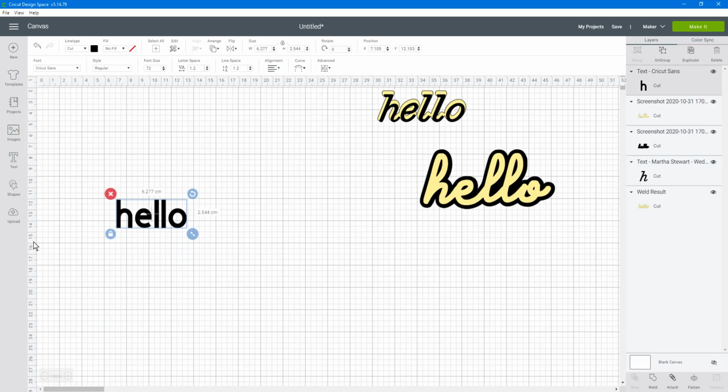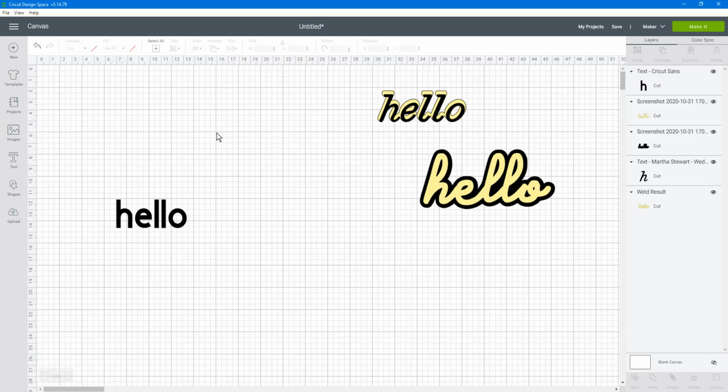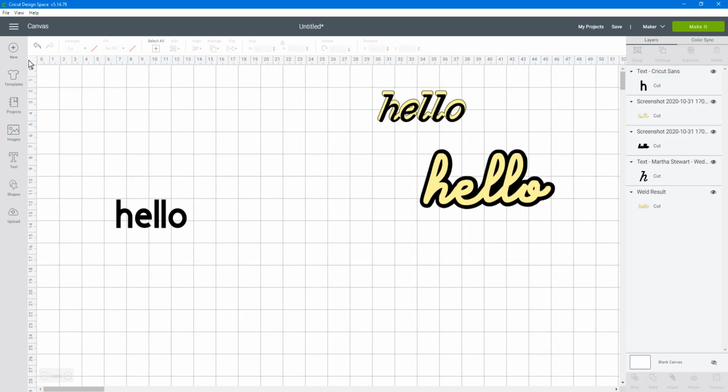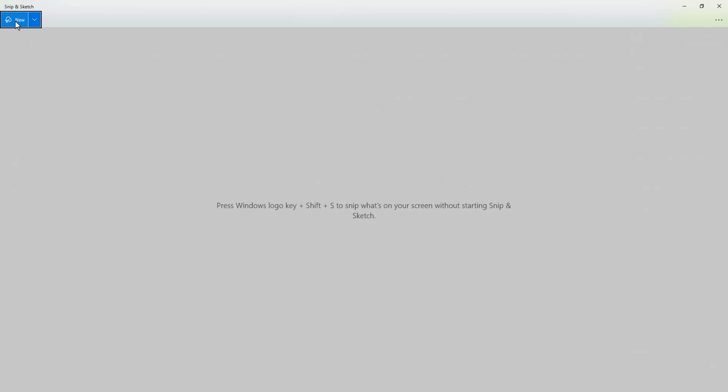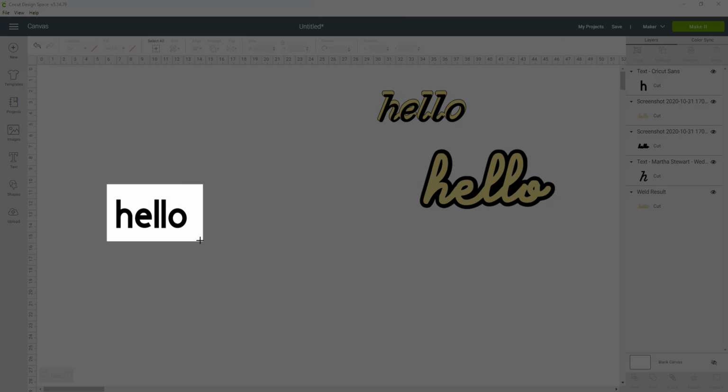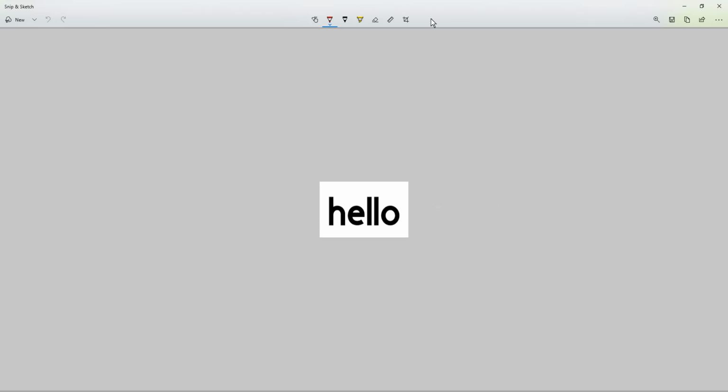You could do this other ways. What if I particularly wanted to use that font, and I want an offset, and it's not going to create an offset in Design Space? Well, you can do the reverse to what we just did. Going up to your corner box here, we get till we've got no grid lines. Open our snipping tool and snip it. Save it,